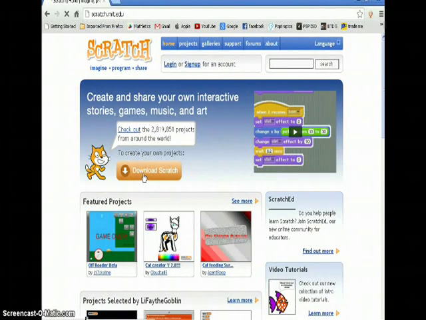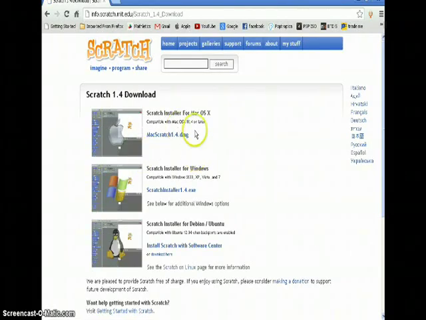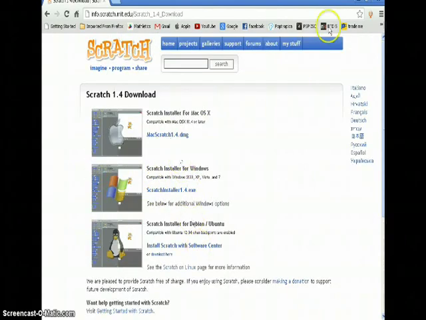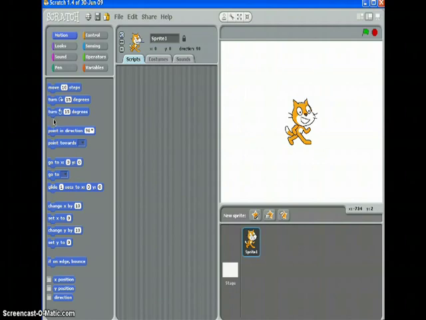And then download Scratch. And then obviously choose Mac OS, Windows, or Linux, depending on what you have. Then it will download and just go to install. Okay, so once you have that, open up Scratch, and then what you're going to do is you're going to